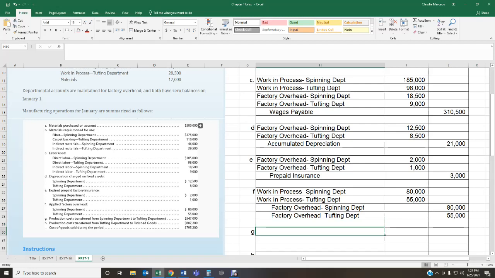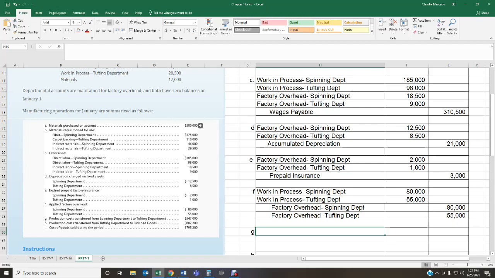Letter G. Production costs transferred from the spinning department to the tufting department. So we've accumulated all of this cost, all of this working process in the spinning department. We are done with phase number 1. All of the spinning, whatever we were doing in the spinning department has been done. Now we're going to transfer our goods from spinning to tufting,